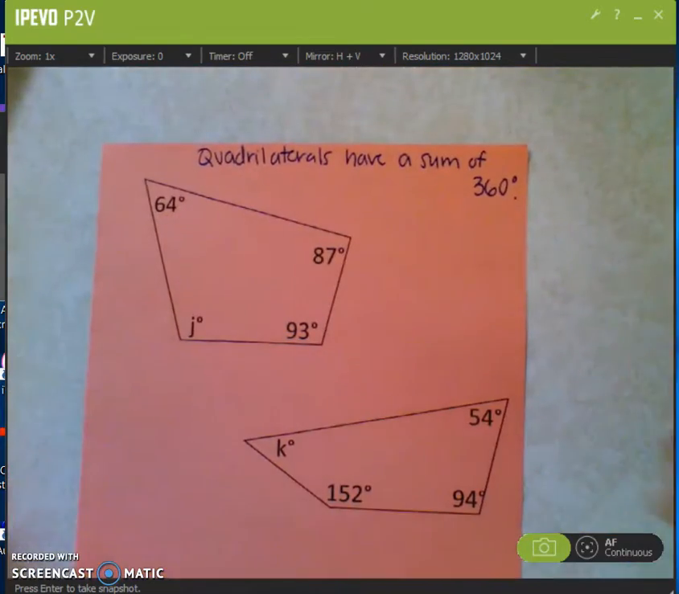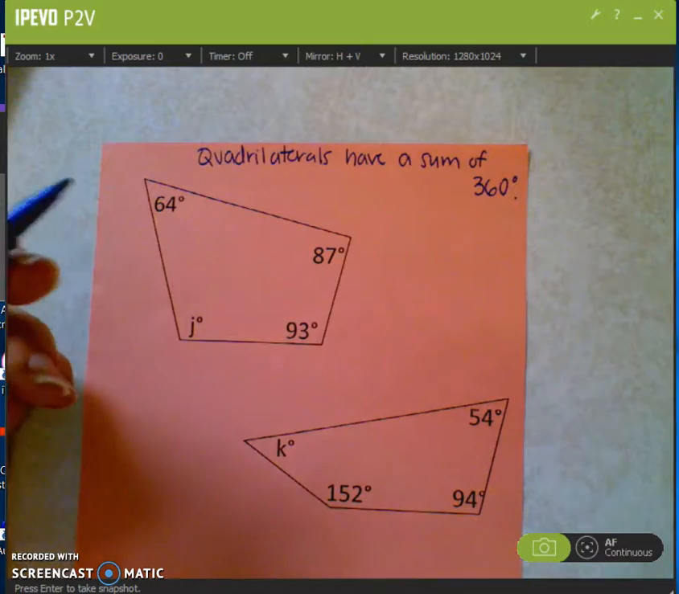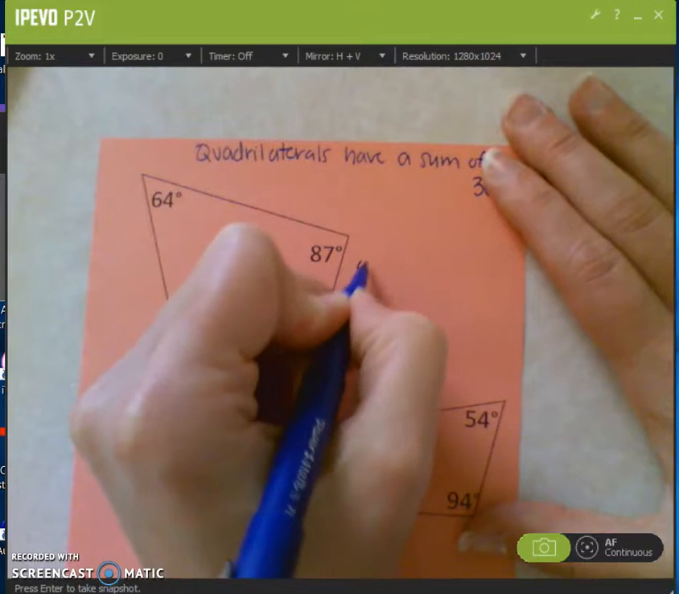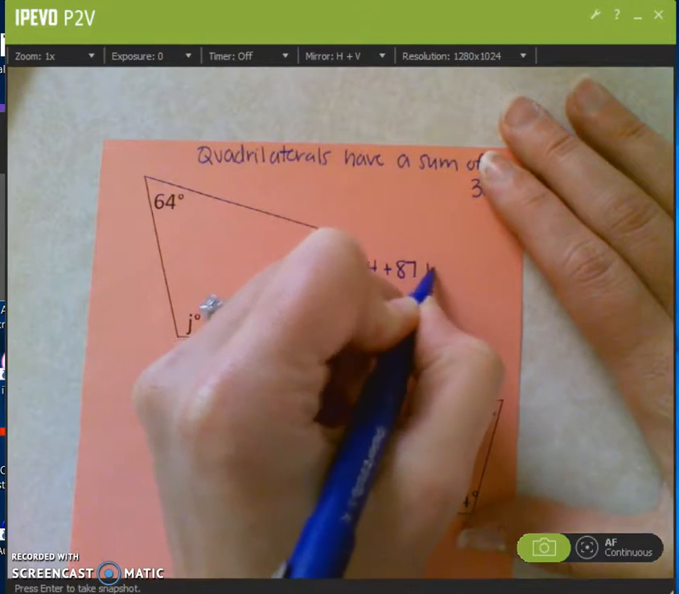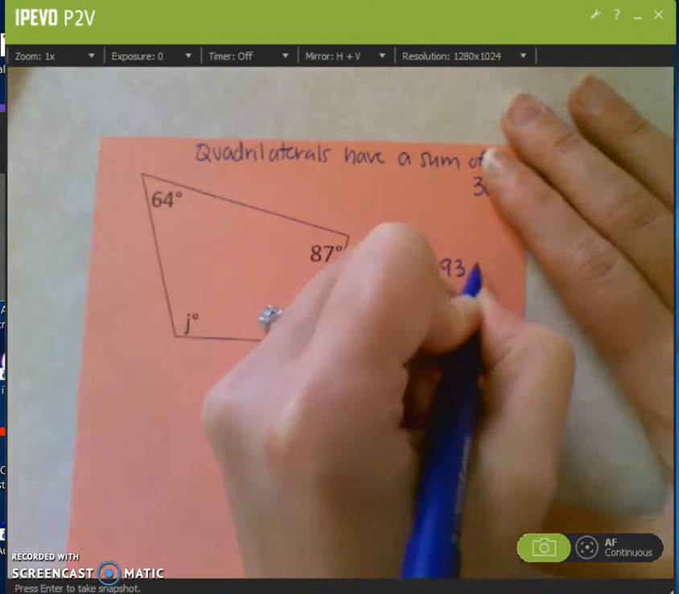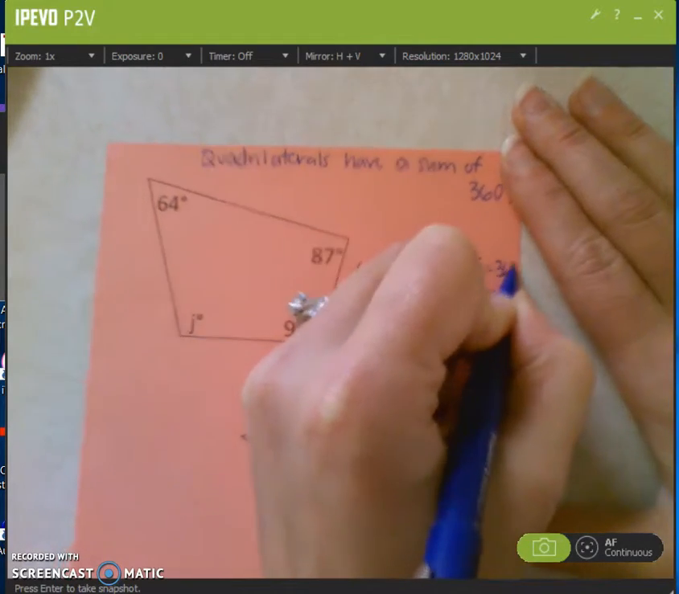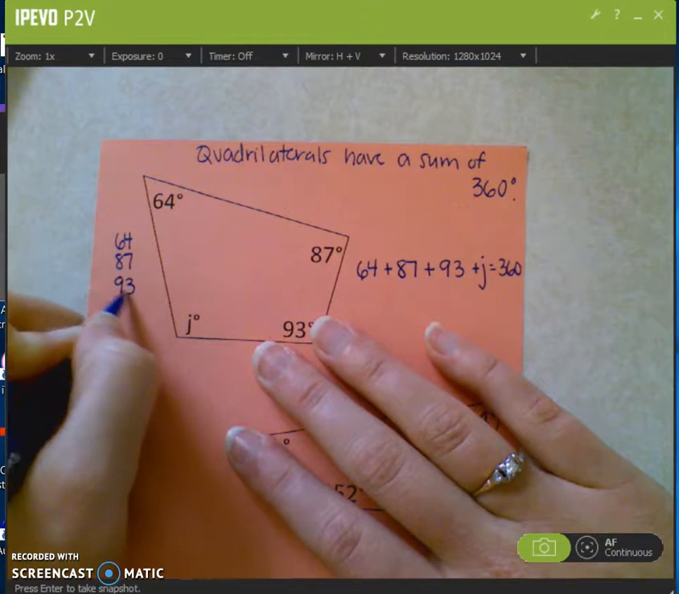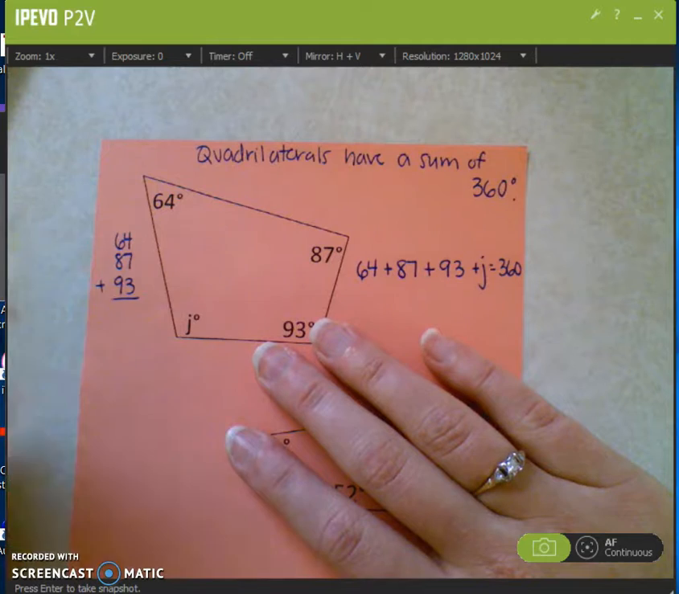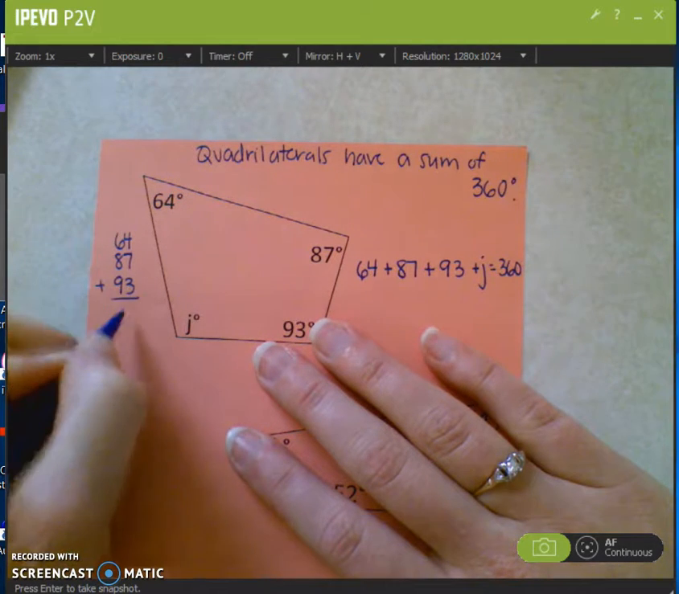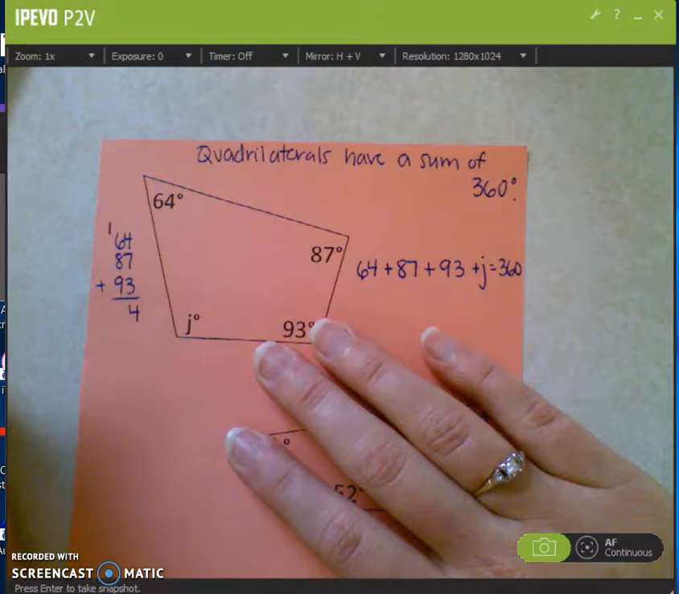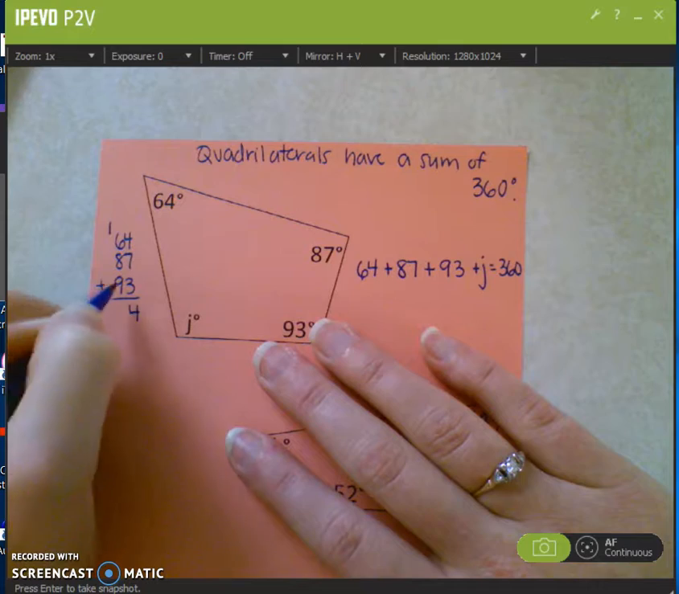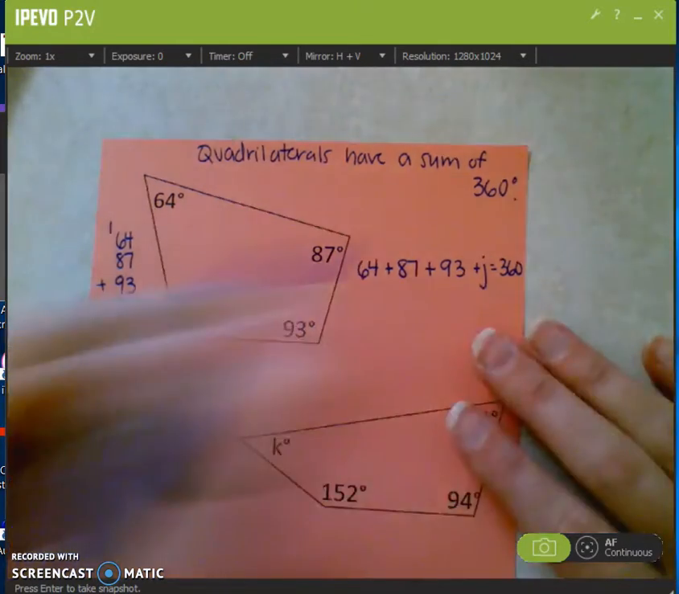So we can continue writing equations to help us figure out the missing values here. We can do 64 plus 87 plus 93 plus j equals 360. I'm just going to do 64 plus 87 plus 93 off to the side of my paper here. 4 plus 7 is 11, plus 3 is 14, carry my 1. 1 plus 6 is 7, plus 8 is 15, plus 9 is 24. So I get 244